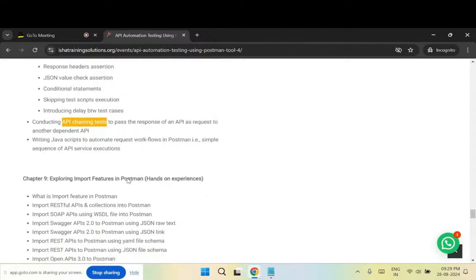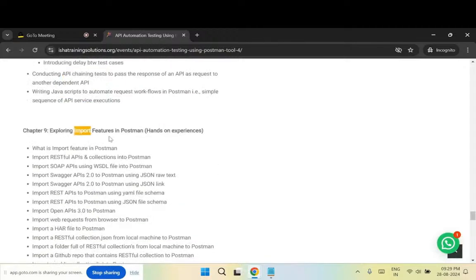Then in chapter 9, I'm going to teach you the import feature in Postman, which is going to give you a realistic understanding of how to work with multiple projects in multiple organizations with multiple developers. Because in each organization, the documentation format changes, and the developer's approach to development changes. So how can you still survive in the IT market when you are working with different organizations or different projects or different developers? What if the developer gives you documentation? What if he does not give you documentation? So all those questions will be answered practically in chapter 9.